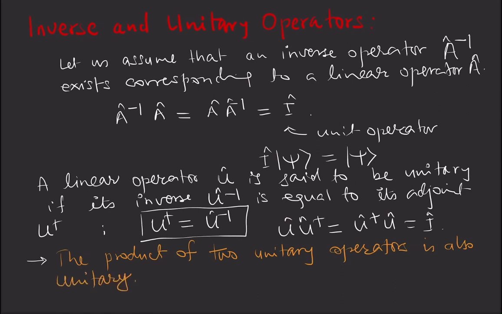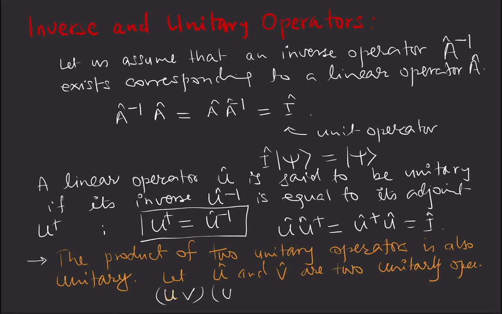That means if there are two unitary operators, then their product will also be a unitary operator. How? Let's see. Let U and V be two unitary operators. Then